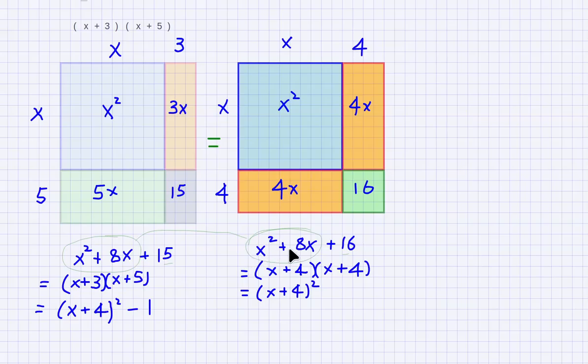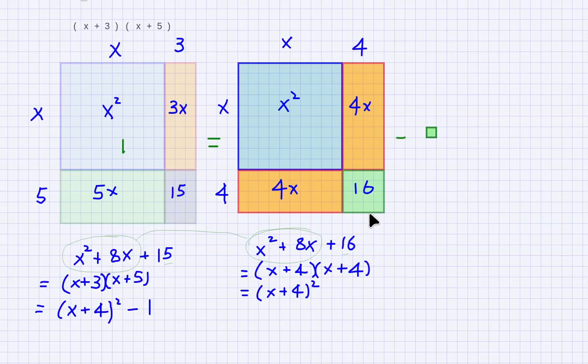So x squared plus 8x plus 16 on the right hand side, the square, is slightly larger than this one. We take away this 1 to make them actually the same. So this thing here, x plus 3 times x plus 5, is equal to x plus 4 all squared minus 1. So in other words, the rectangle area equals this box area